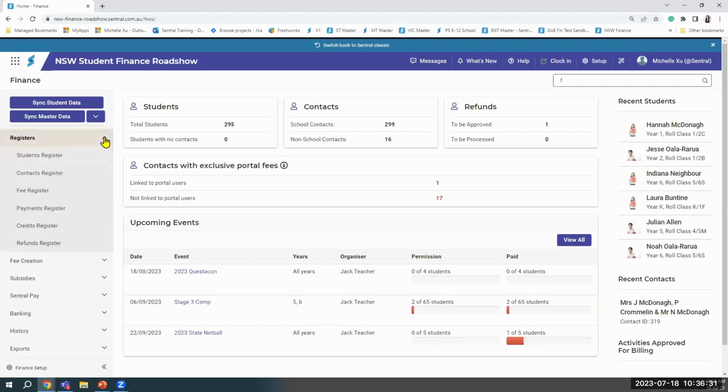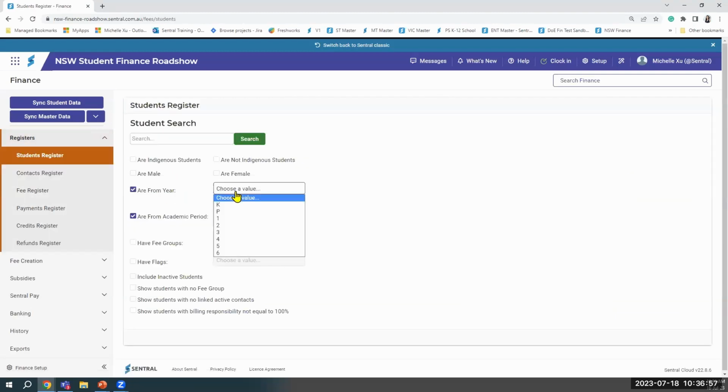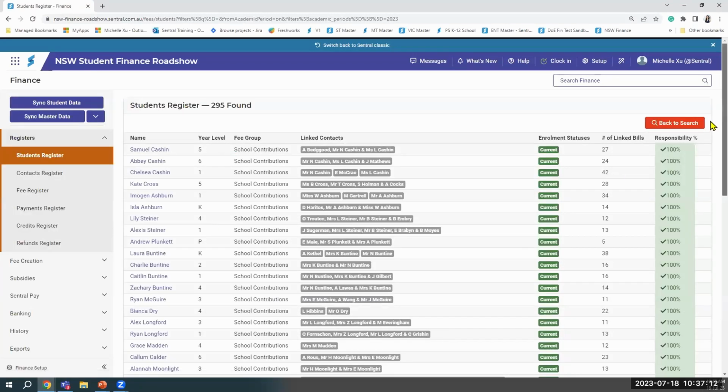Let's just step through the registers for now, just to give you an idea as to how this is a powerful area with the finance module. Now, the registers is just an area where you can run those filters and look for those students. So similar to how the profiles module works, where you can filter and run those reports to generate those students, you can do that with the registers here. So if we go into the student register, this is where you can look for certain students who are from particular years, who have particular flags, or you just want to identify those students who don't have billing responsibilities equal to 100%. So if I come into here and just run and look for students from academic period 2023, we have all of our